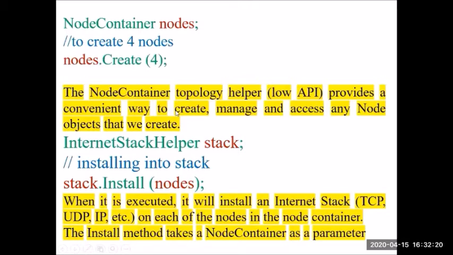Okay. Similar to this, next, now 4 nodes are created. Remember, these 4 nodes are just empty boxes. There is nothing in that. I told you how we do a network. First create empty boxes. Now we have created 4 empty boxes, and all these 4 empty boxes are present in a node container. Now, in each of these empty boxes, I have to install the internet stack.